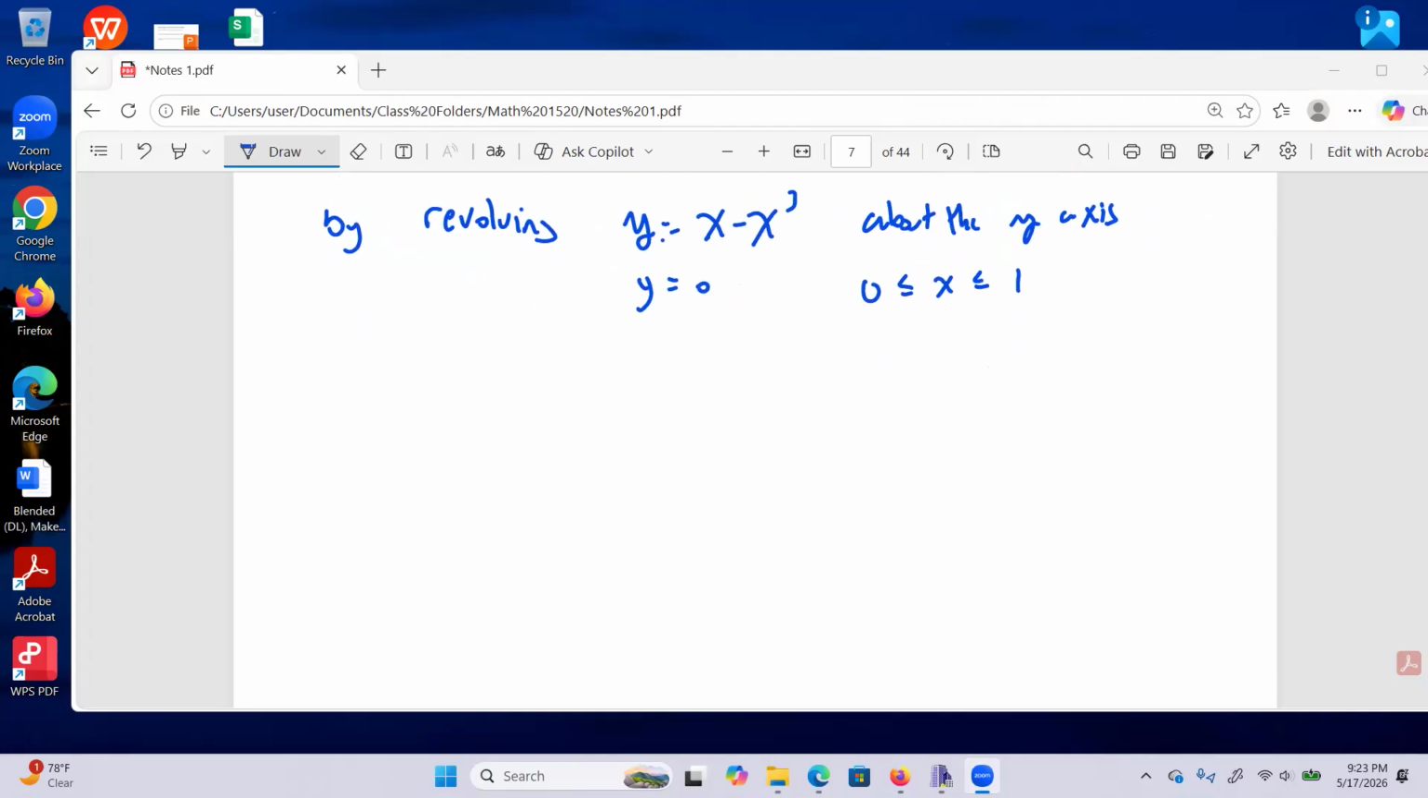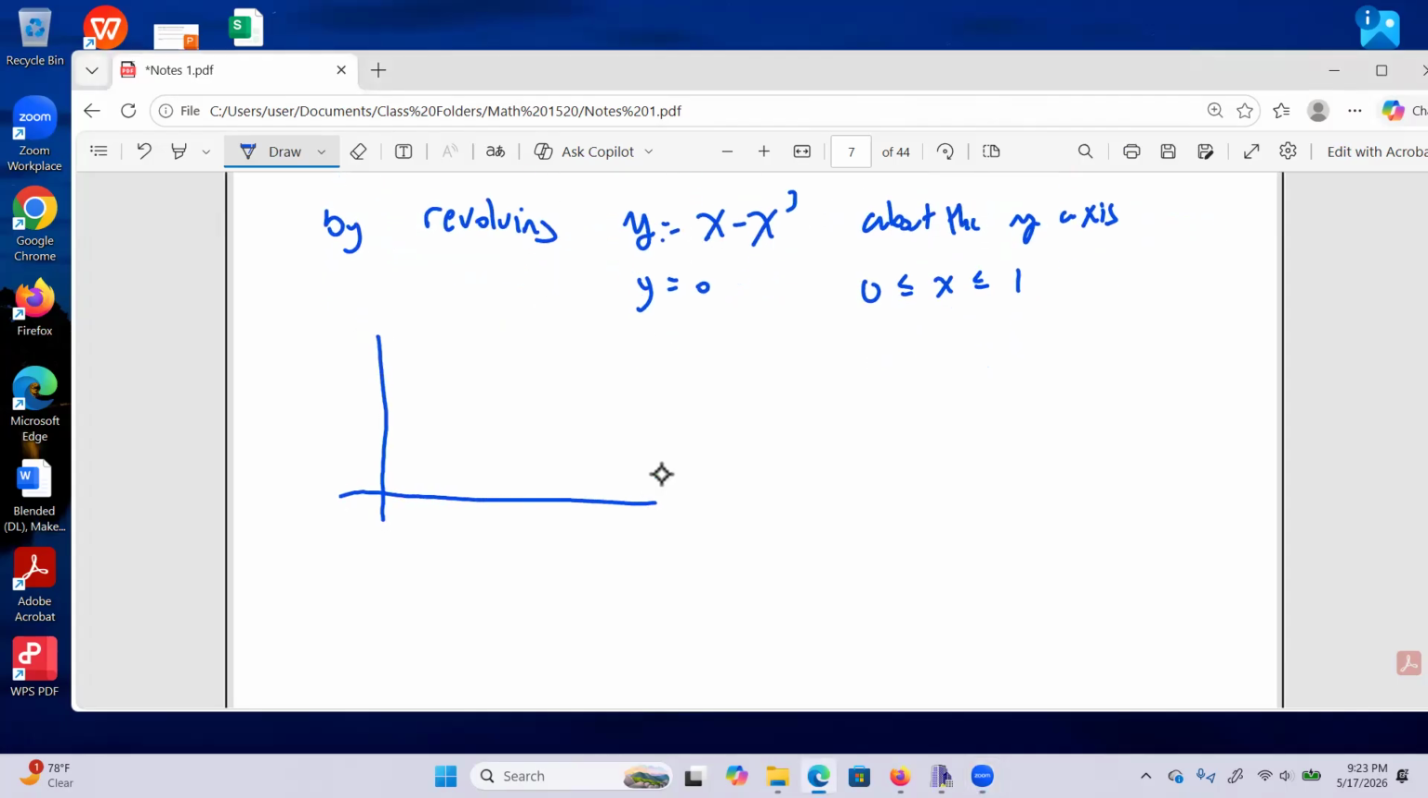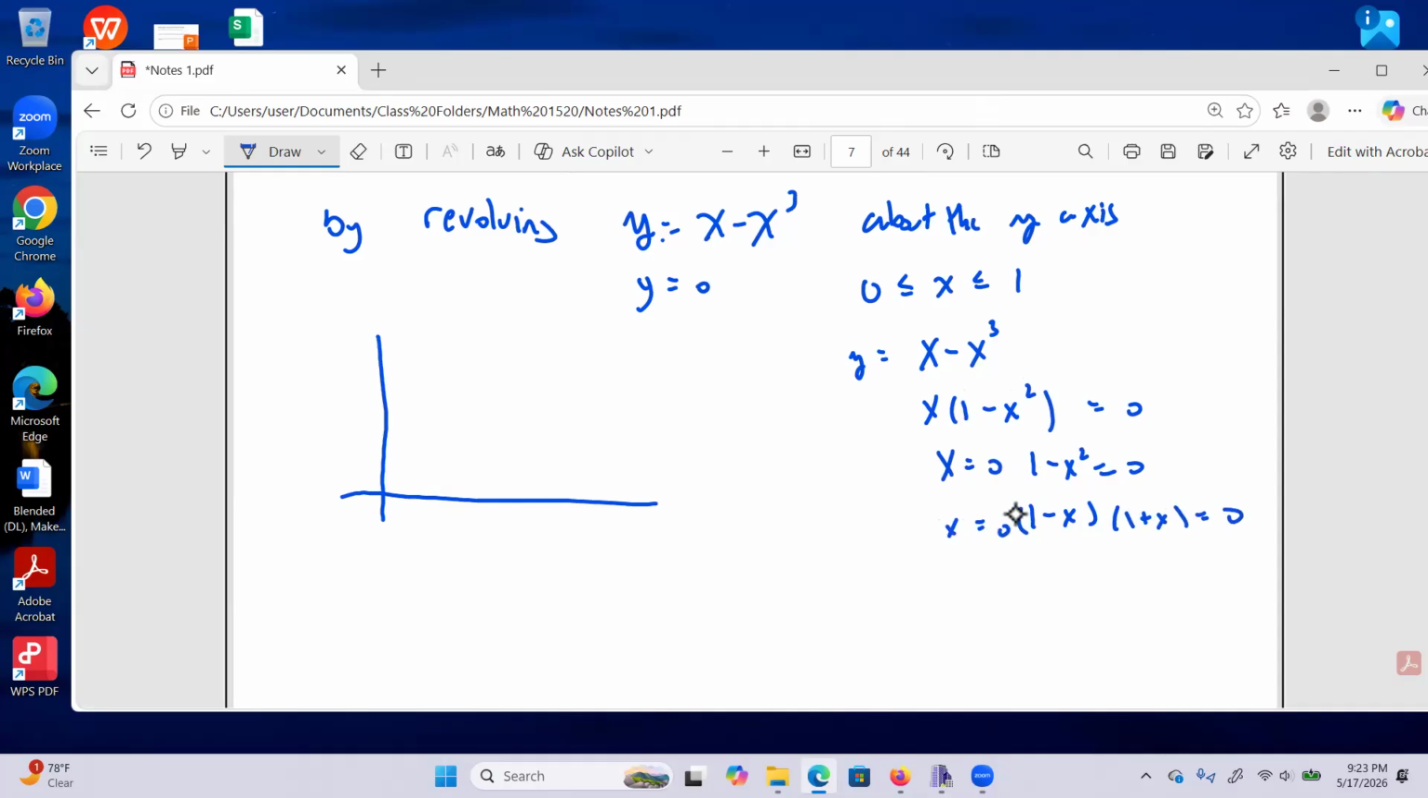First thing I'm going to do is draw a little picture here. If I look at this x minus x cubed, we'll go ahead and set this up. So we have x times 1 minus x squared. Set this equal to 0: 1 minus x squared equals 0. So we have 1 minus x, 1 plus x equals 0, and x equals 0. Fortunately, we are given that x has to go between 0 and 1. It could actually go down to -1, but since they told us it has to go between 0 and 1,